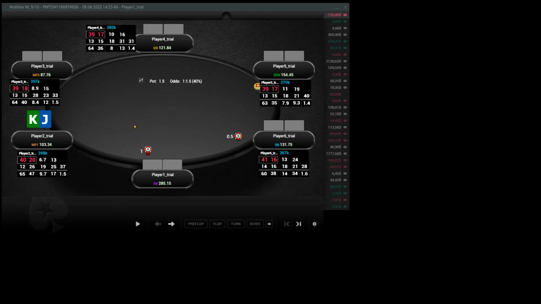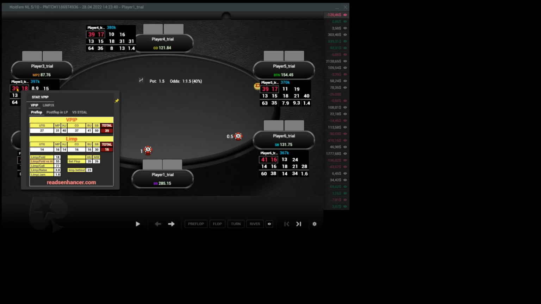Each stat of the HUD panel is linked to a so-called Statpopup. A Statpopup is simply a pop-up linked to a stat which shows extended information linked to the target stat. So for example, when we hover or click on the first statistic, which is VPIP, you can see a VPIP Statpopup which shows